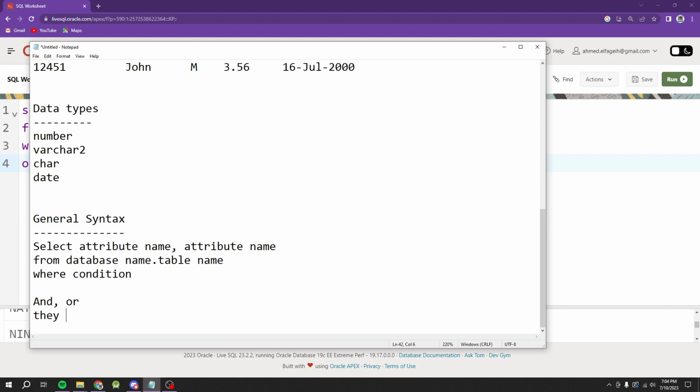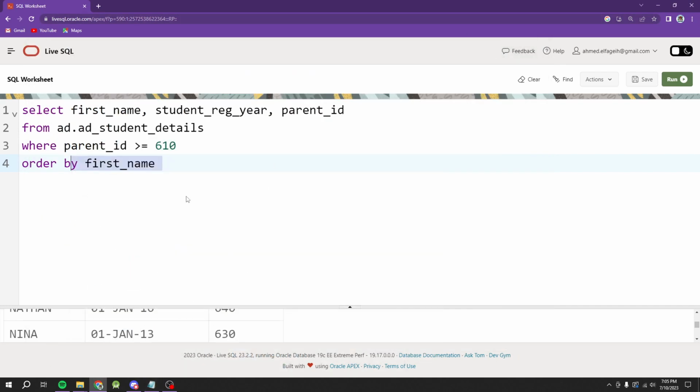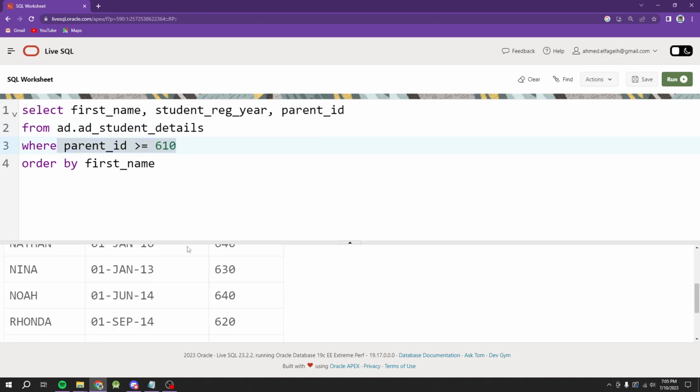Basically they are used when you have more than one condition, right? What do you mean by more than one condition? That means here I already gave a condition where I want to see students whose parent ID is greater than 610, right? And let's say